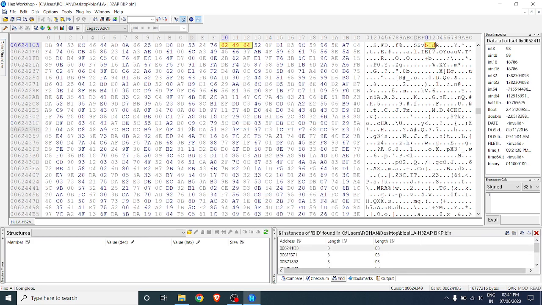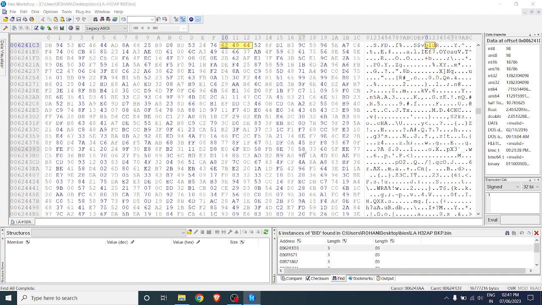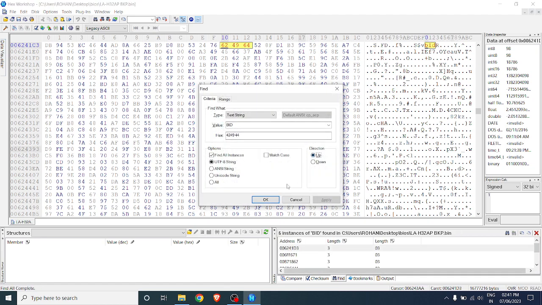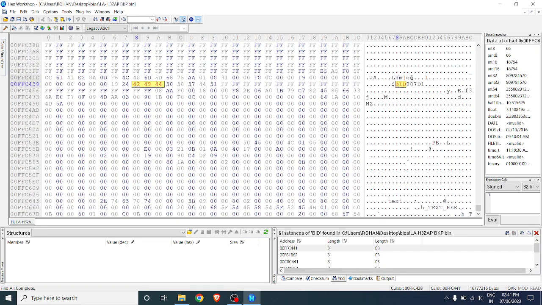I will search it upwards, and we have the BID number over here. As you can see, the BID number says 087D1. That's our BIOS number.